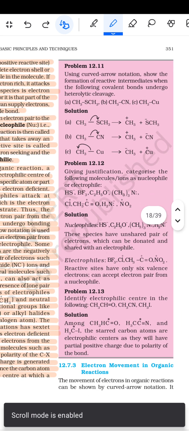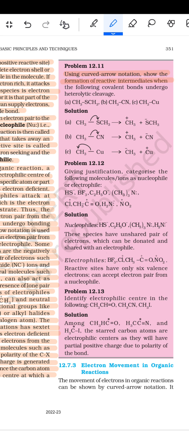Now the problem 12.11, using the curved arrow notation show the formation of the reactive intermediates when the following covalent bond undergoes the heterolytic cleavage. तो ये कैसे टूटेगा, फिर ये कैसे टूटेगा और ये कैसे टूटेगा। टूटने पर एक पर प्लस और दूसरे पर माइनस हो जाएगा। For giving justification, categorize the following molecule or ion either nucleophilic or the electrophilic, जैसे HS minus, BF3, C2H5O minus,